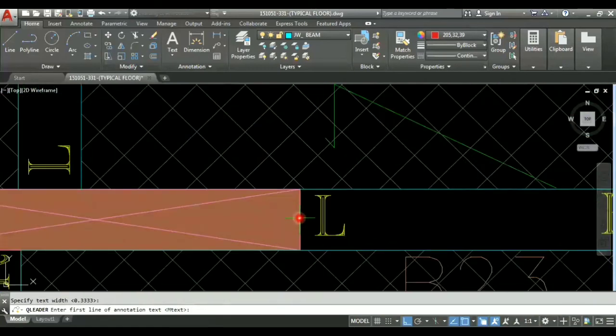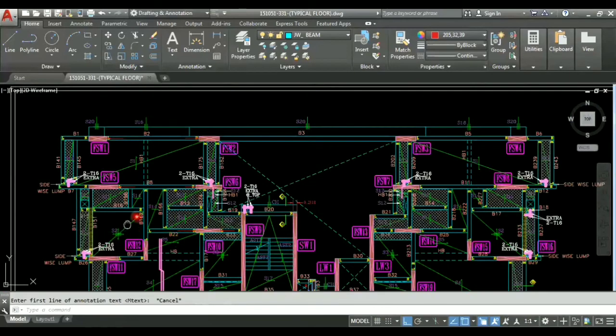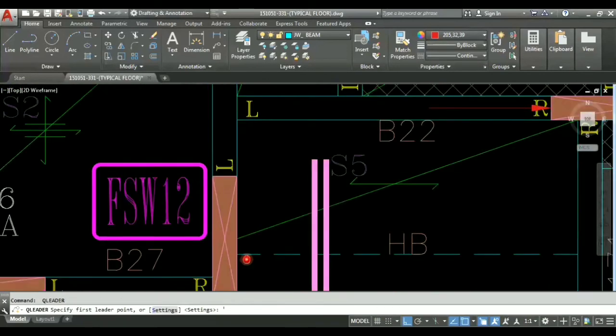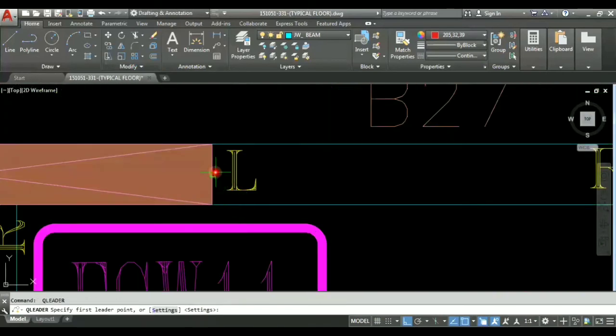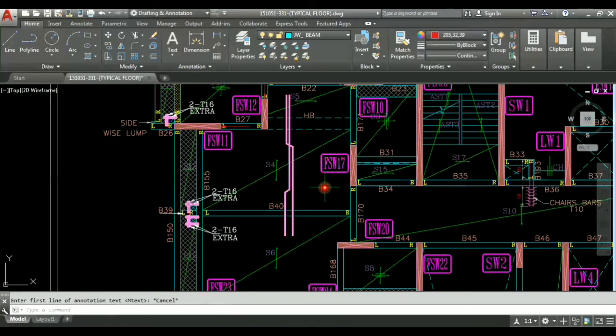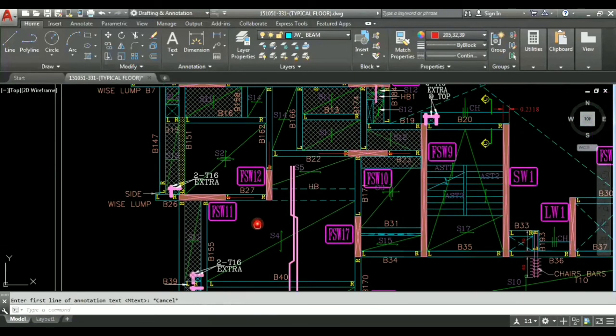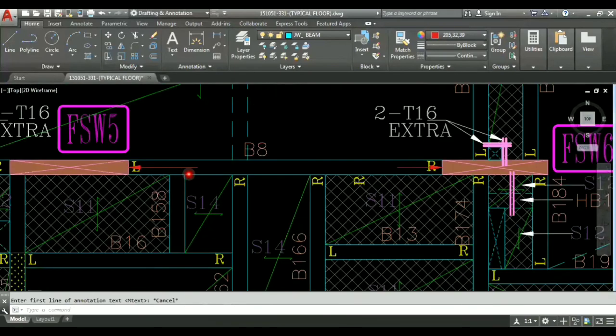I hope you are clear with the concept of how we have to follow the reduction rules, and we will complete this marking in this way. I am just taking help of leaders to mark this. So I hope you are clear with the rules, how we have to reduce the column, and I will leave the rest for you all to mark the column faces which will be reduced. And you know how you have to mirror all the lines to the respective columns. I have already shown in previous videos.